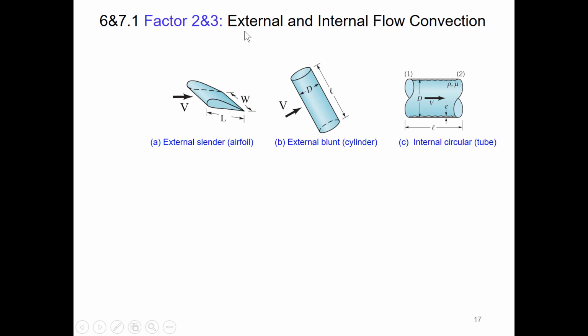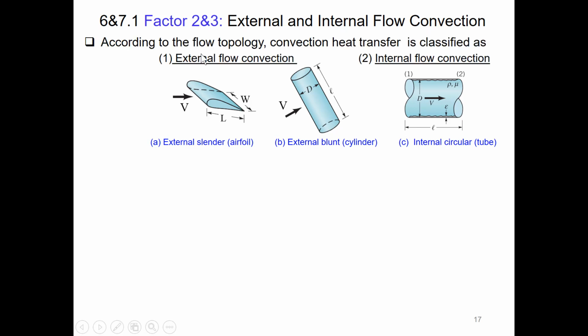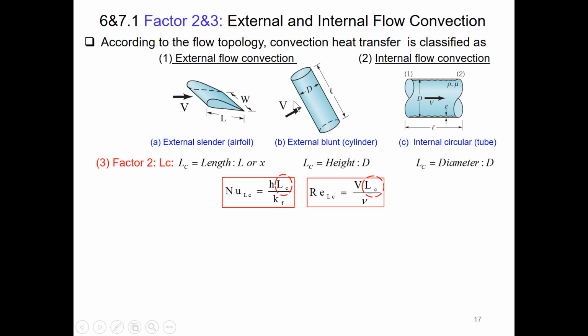Factor 2 and 3, external and internal flow convection. According to the flow topology, convection heat transfer is classified as external flow convection and internal flow convection due to the temperature difference between solid surface and moving fluid. According to each flow topology, we can identify the factor 2